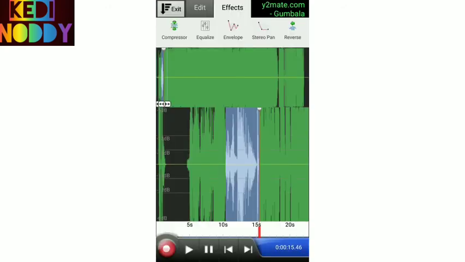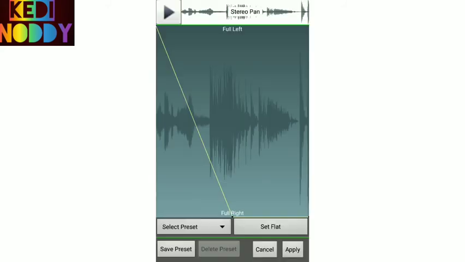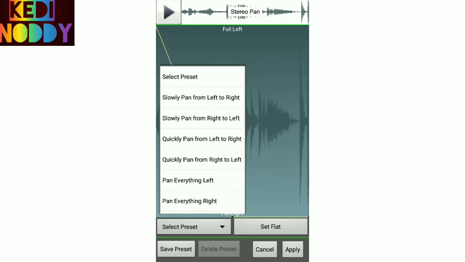Friends, if you're creating 8D music, I'm gonna say a tip now. It's a very useful tip. See, now I have given left to right. Now the music will be heard only on the right and not on the left. After that, you have to select right to left. Then only the 8D music will be very wonderful when you are listening.